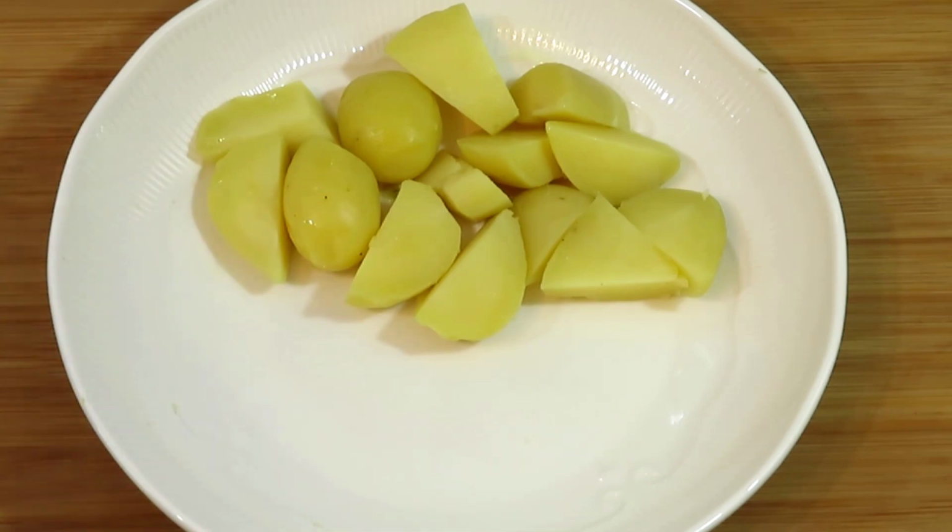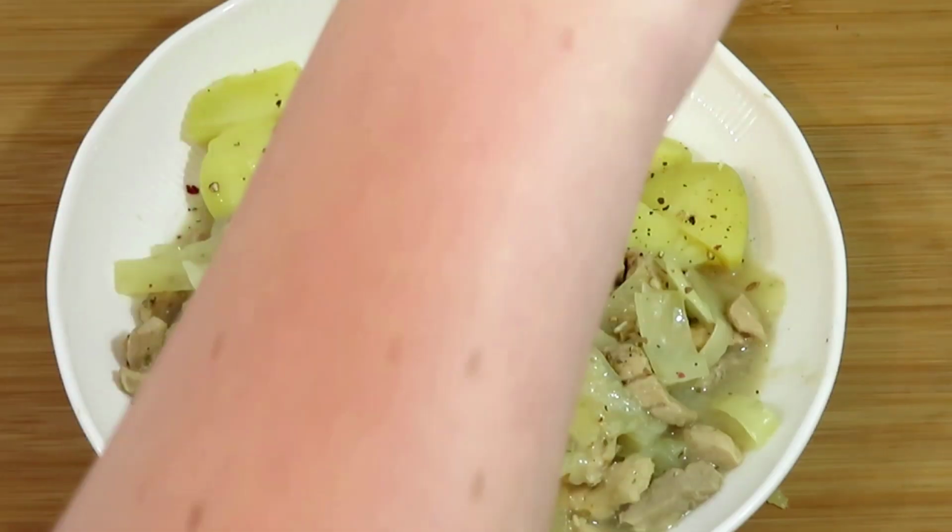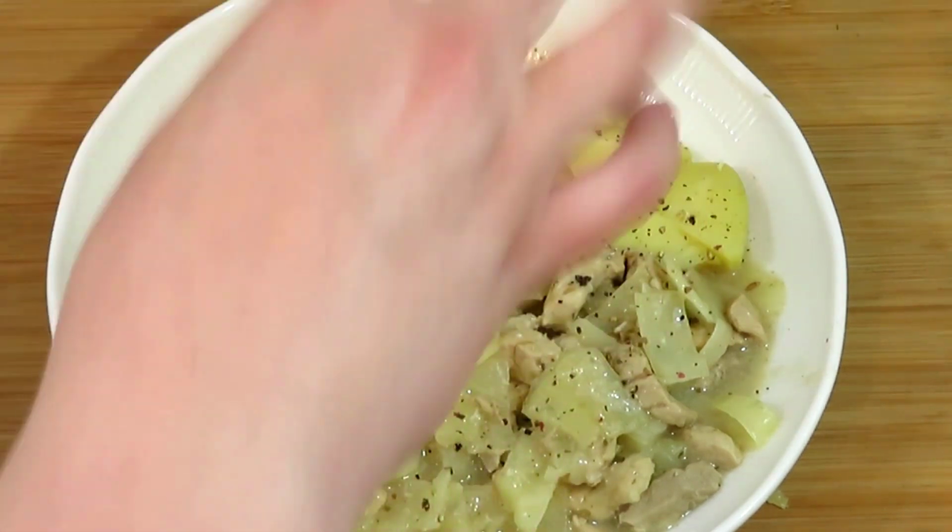Serve the stew with a piece of bread, or with boiled potatoes. You can sprinkle crushed peppercorns over the top,